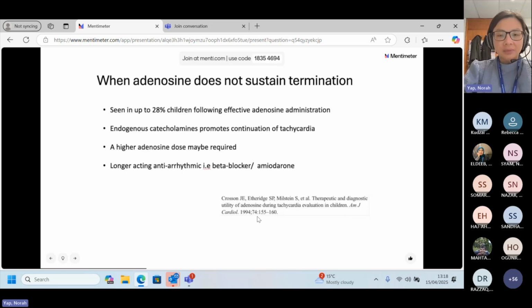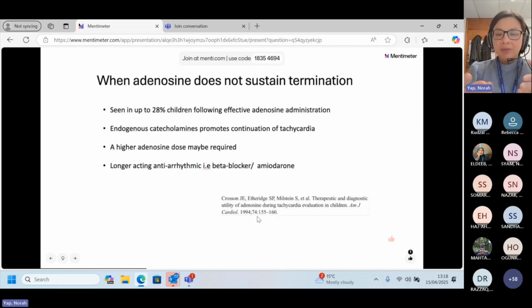And the reason is that when the child has been in the arrhythmia for a certain period of time, they have this adrenergic surge in their body,